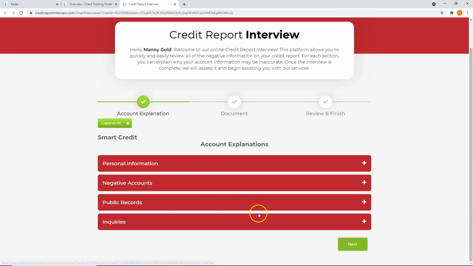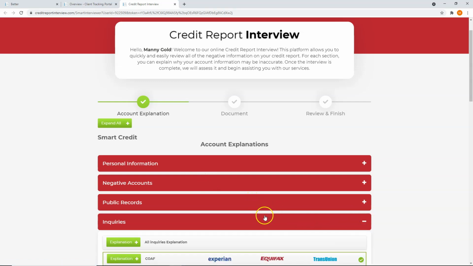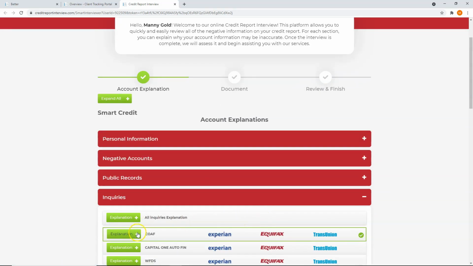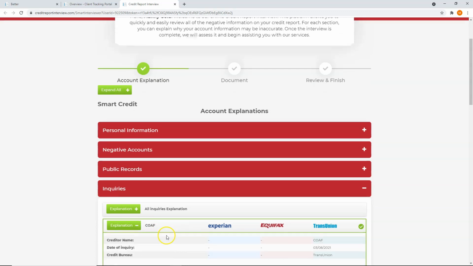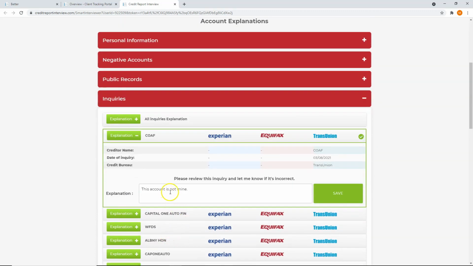So let's go to inquiries. Alright, so let's use this one example. If you want to put an explanation for this, what you need to do is just click on this explanation plus icon. And then you could put your explanation right here, like this. For example, this account is not mine. Once you're done, just hit on save,